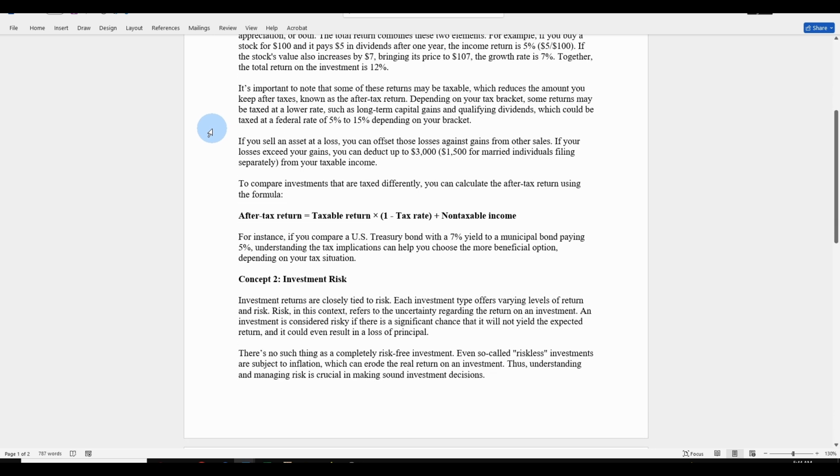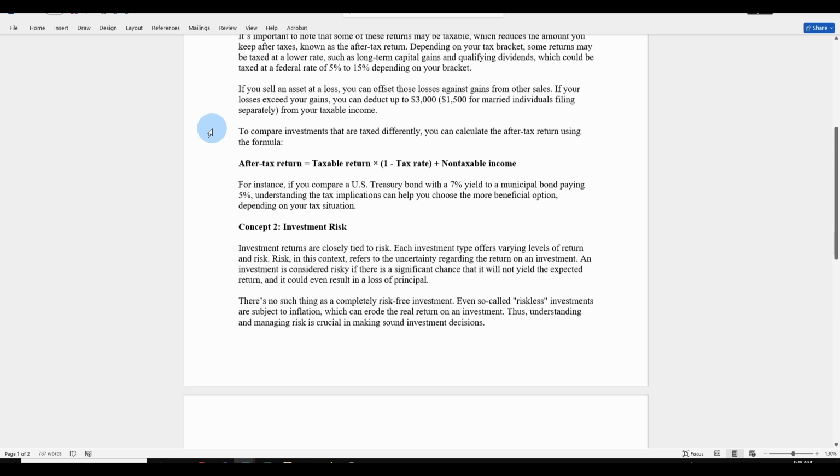It's important to note that some of these returns may be taxable, which reduces the amount you keep after taxes, known as the after-tax return. Depending on your tax bracket, some returns may be taxed at a lower rate, such as long-term capital gains and qualifying dividends, which could be taxed at a federal rate of 5% to 15% depending on your bracket. If you sell an asset at a loss, you can offset those losses against gains from other sales. If your losses exceed your gains, you can deduct up to $3,000, $1,500 for married individuals filing separately, from your